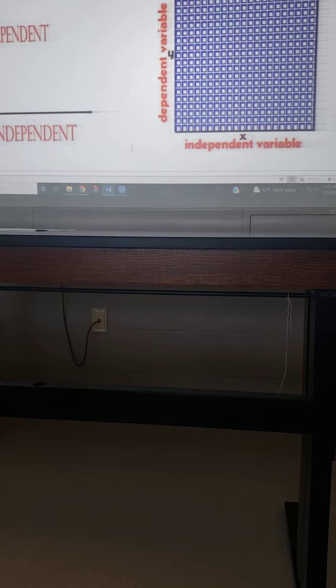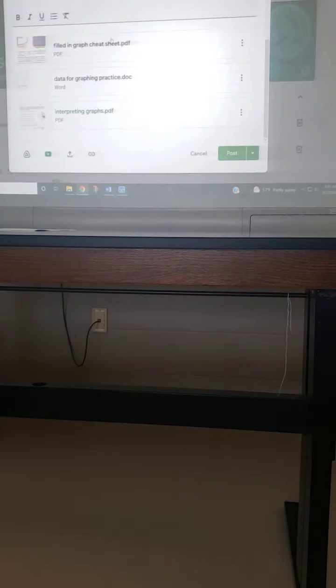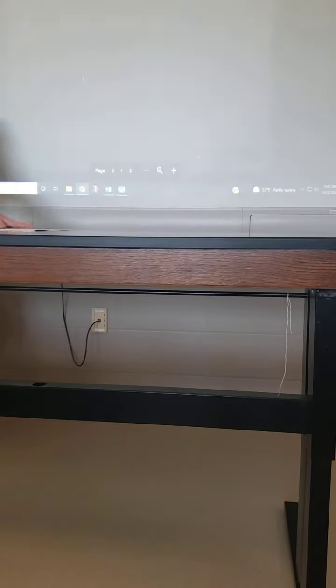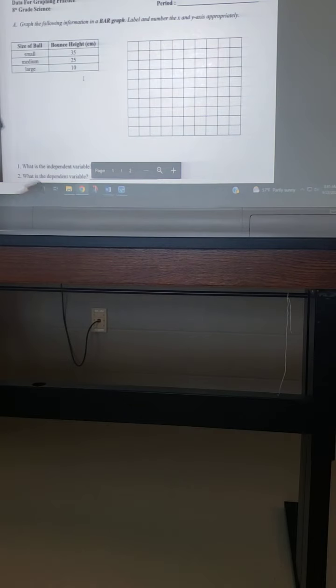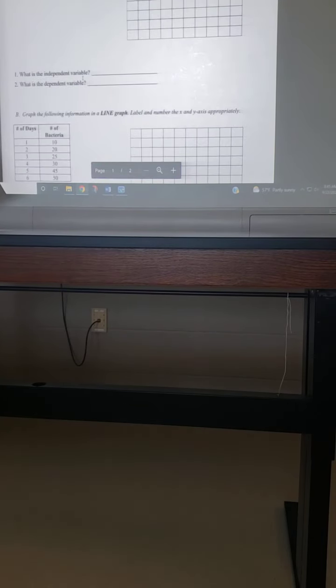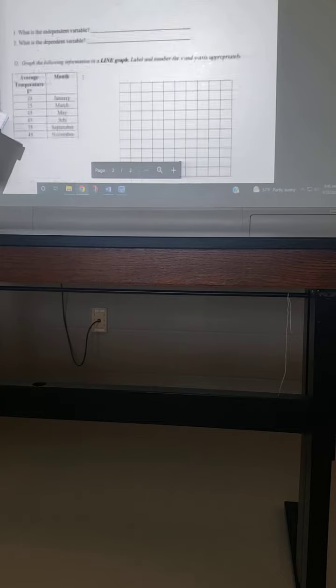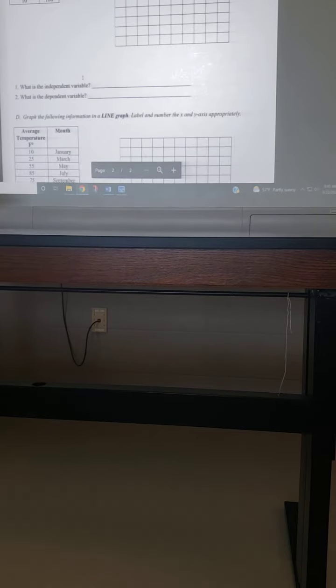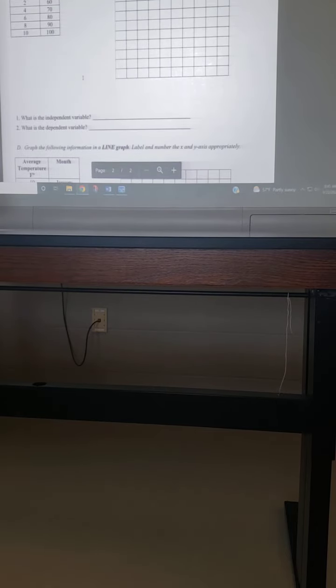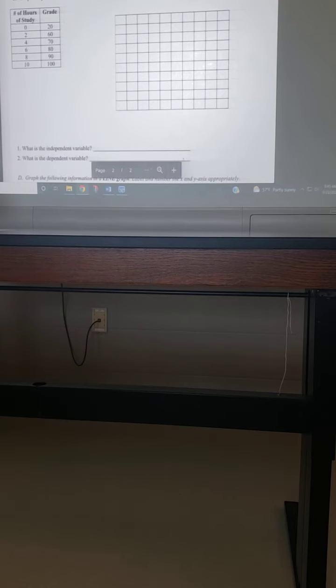Let's take a look at, go to the back of your cheat sheet. Okay, you guys see some data here. Make sure, yes, making sure that my data was the same as yours. Okay, so as we look at this,